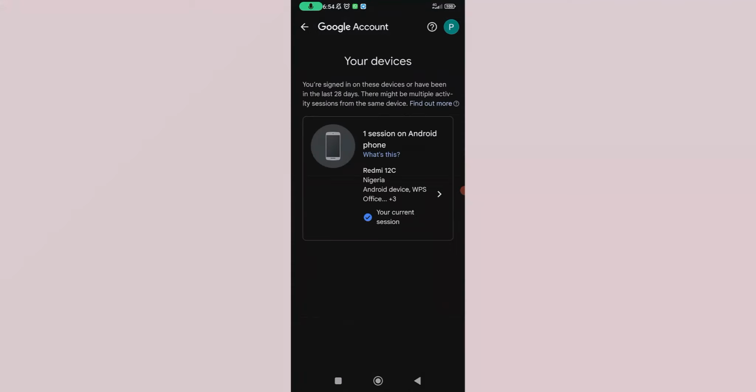After you click on it, you wait until it loads. After then it brings you here. As you can see now, this Gmail account is monitored by Redmi 12C and this phone is also Redmi 12C. So your Google account is not hacked or not